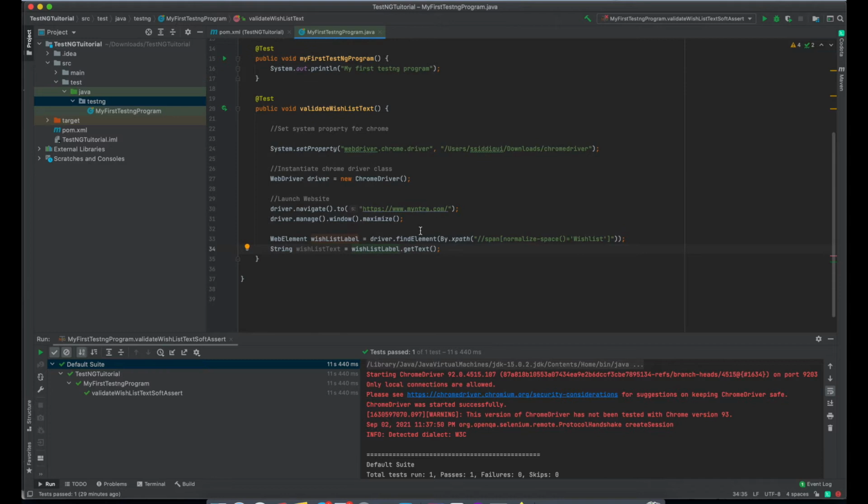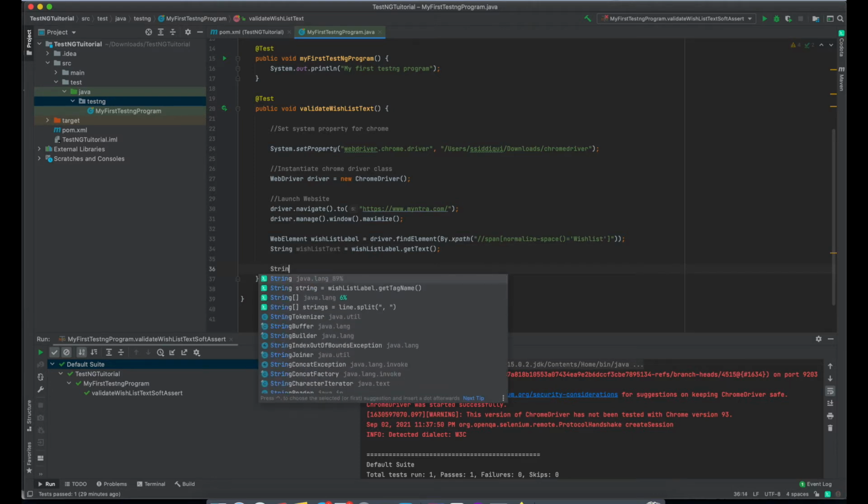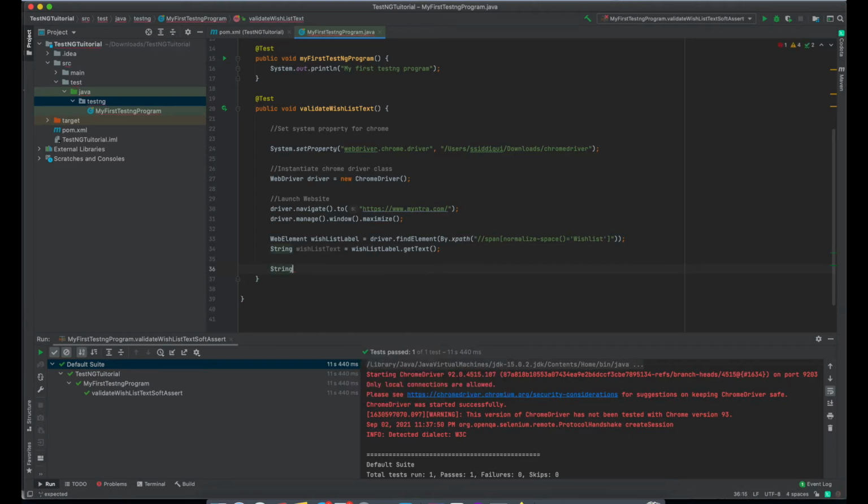Now once this has been done, I will create a new string. Actually, I need to have one string to validate, right? If I want to assert anything, for that assertion I need to have some string. So I will create one more string, and I will name that string expected wish list text.